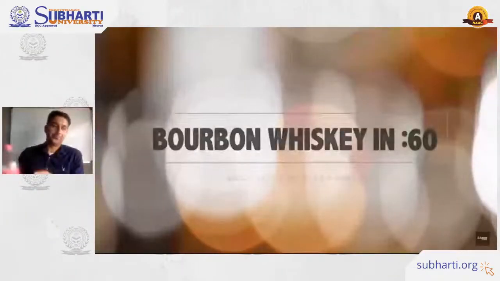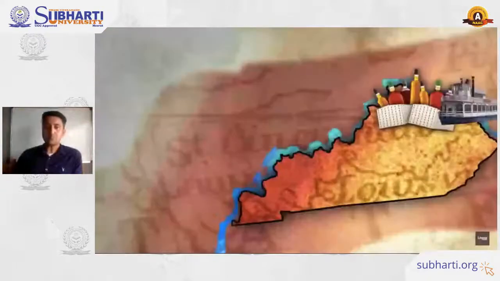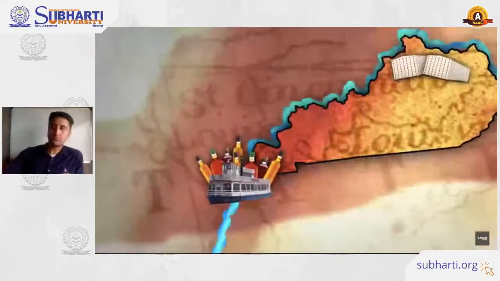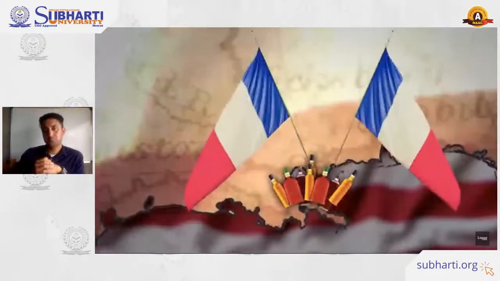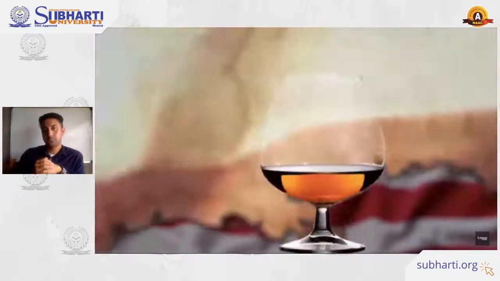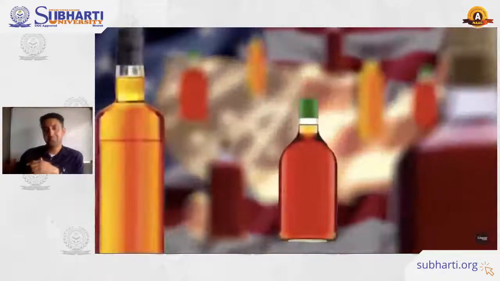Bourbon whiskey in 60 seconds. Bourbon is a type of American whiskey, commonly thought to be named for Bourbon County, Kentucky. Others believe the name comes from the 19th century, when Kentucky whiskey was shipped down the Ohio River and sold on New Orleans Bourbon Street, appealing to French Quarter residents because the whiskey tasted somewhat like the cognac they like to drink. Though most brands are produced in Kentucky, bourbon can be made anywhere in the U.S.